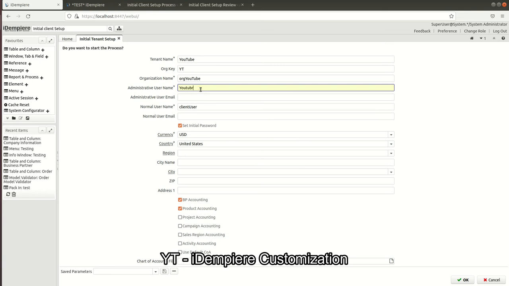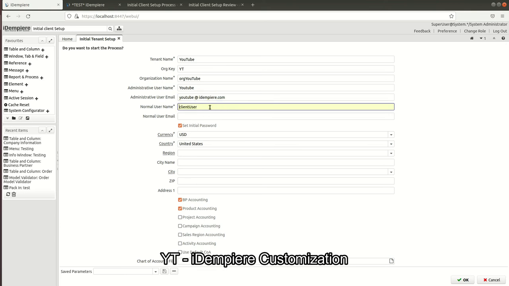And we have to give an email address, because sometimes we need this email to log in the user. This is for the administrator username. Let's give an email address like